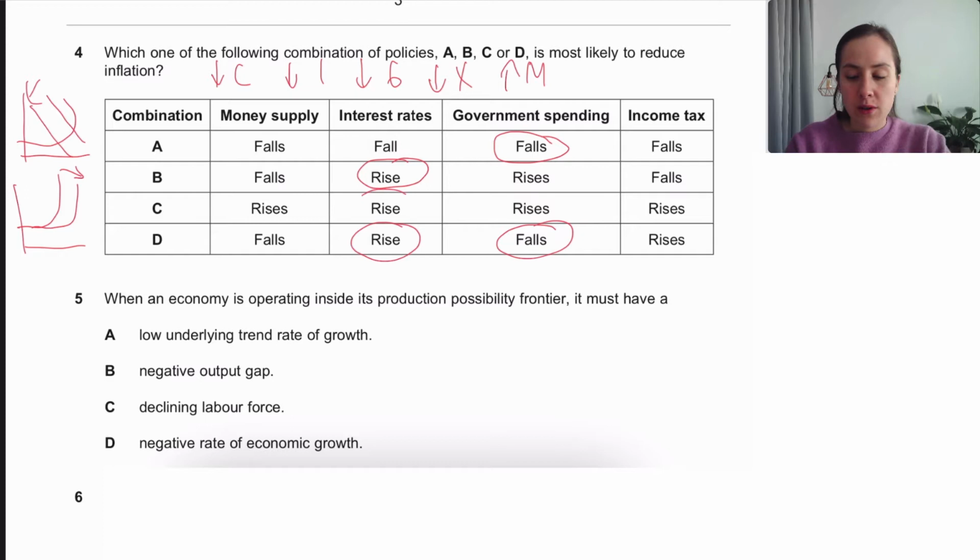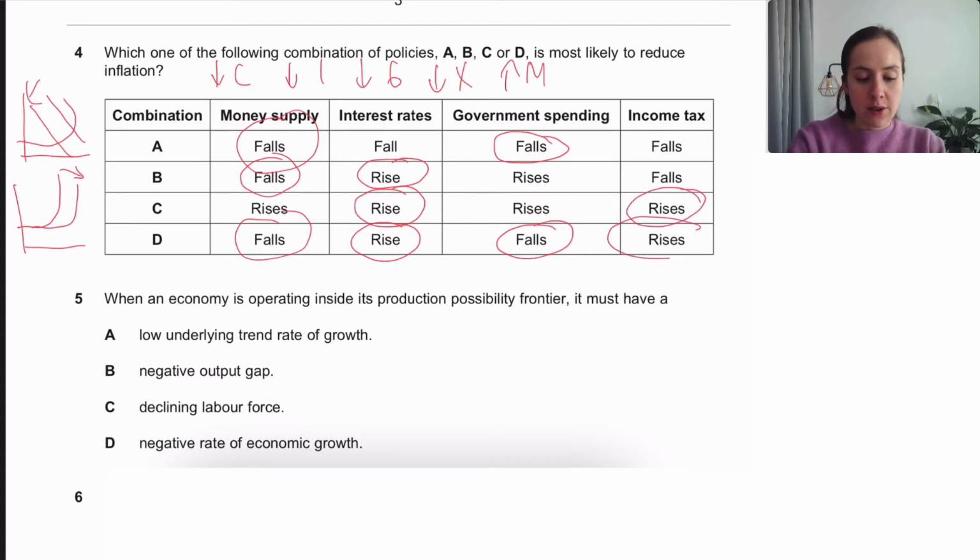The other ones don't seem possibly that related. Well, if there's less money supply, people can spend less money because there's less money available. So I'm looking for these ones to fall probably. And income tax, we want consumption to go down. So if people get taxed more,